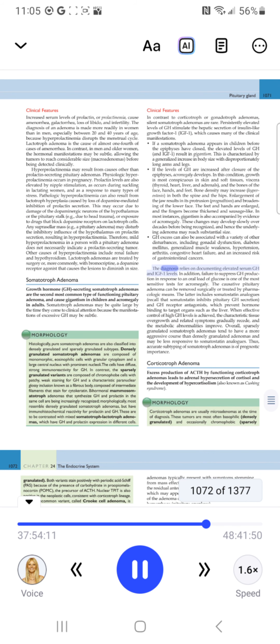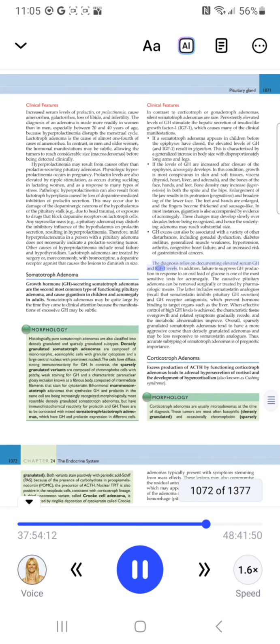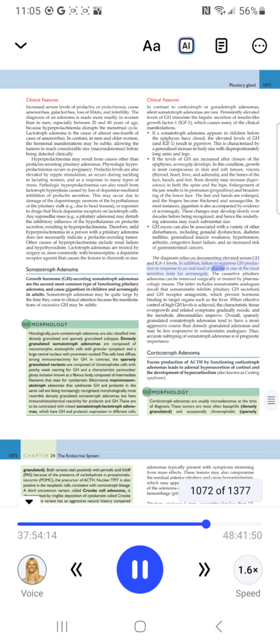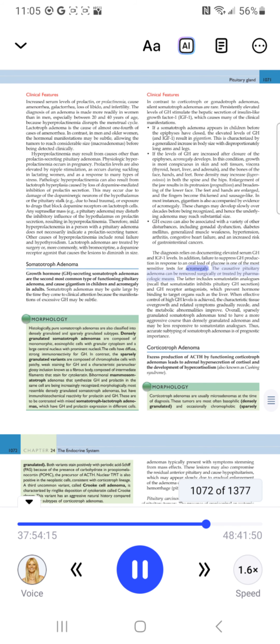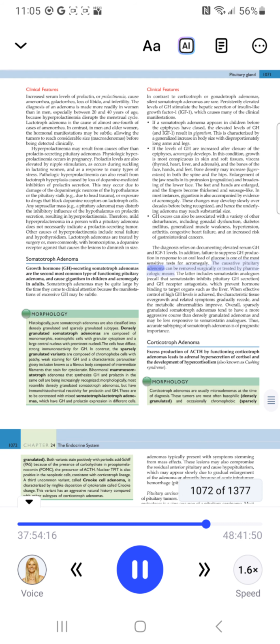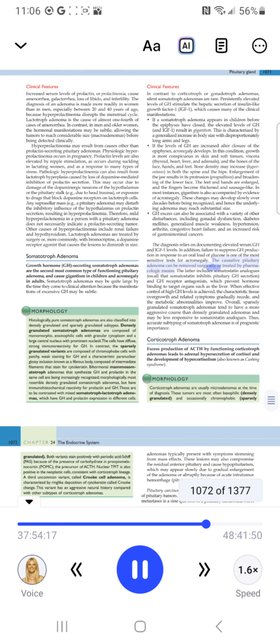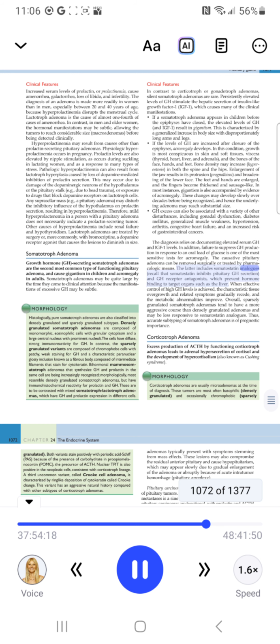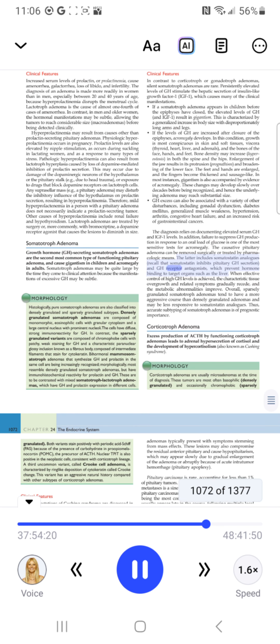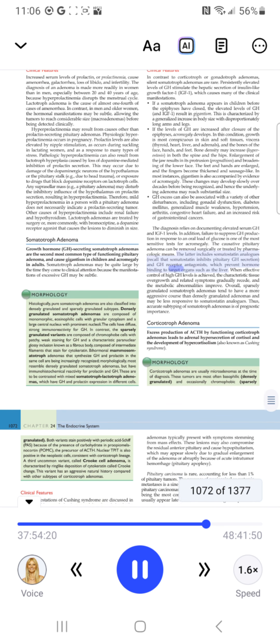The diagnosis relies on documenting elevated serum GH and IGF-1 levels. In addition, failure to suppress GH production in response to an oral load of glucose is one of the most sensitive tests for acromegaly. The causative pituitary adenoma can be removed surgically or treated by pharmacologic means. The latter includes somatostatin analogs, recall that somatostatin inhibits pituitary GH secretion, and GH receptor antagonists, which prevent hormone binding to target organs such as